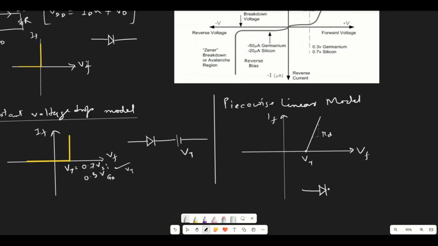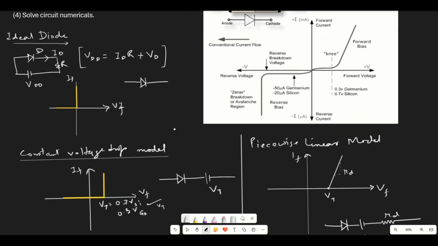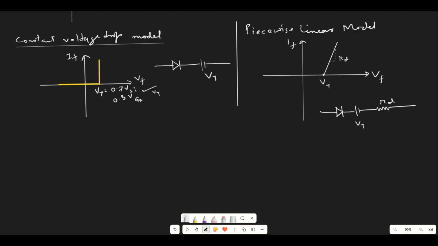Okay, so now if we draw the diode, or represent the diode with respect to all the conditions, it should be an ideal diode first, then it should contain a supply for this voltage drop Vt, and for the linearity, it should contain a resistance, that is Rd. So these are the three models of a diode. We had discussed the ideal diode, the constant voltage drop model, and the piecewise linear model. So let us consider a numerical